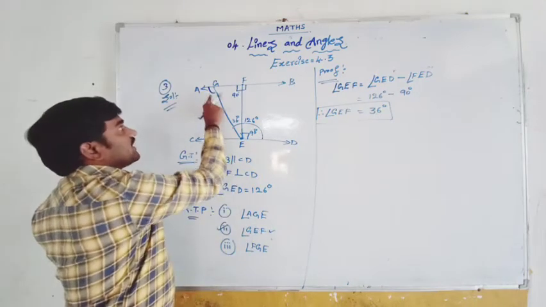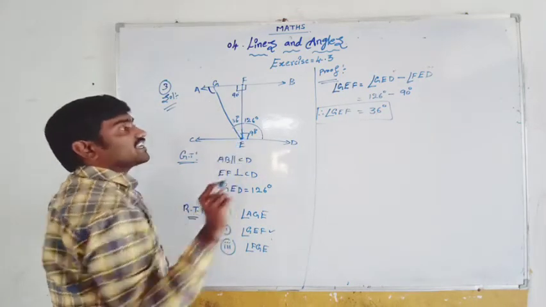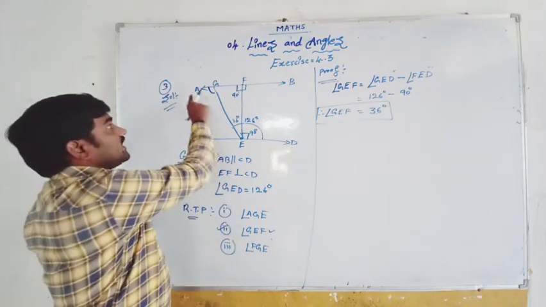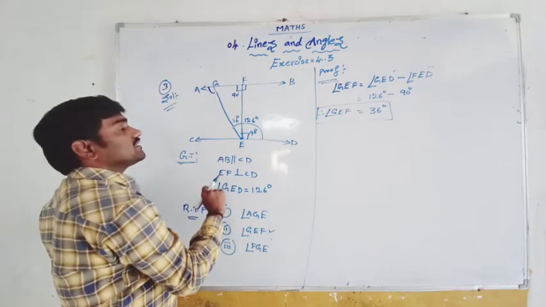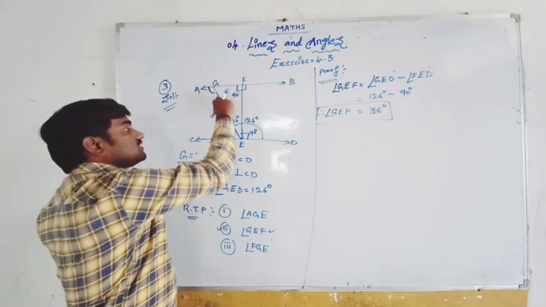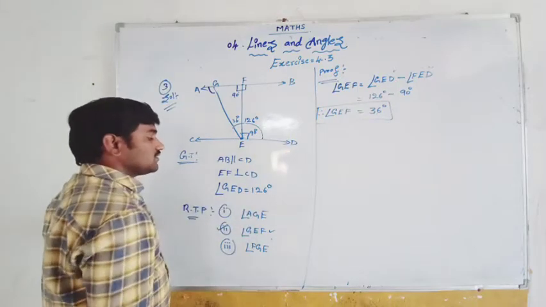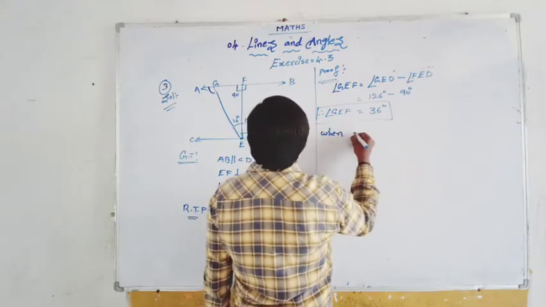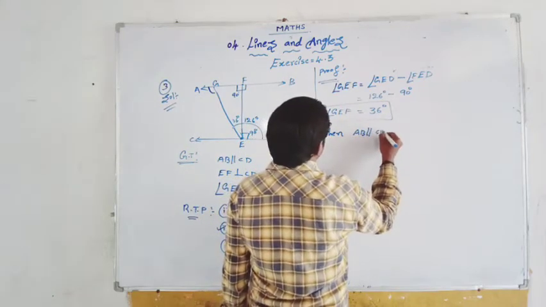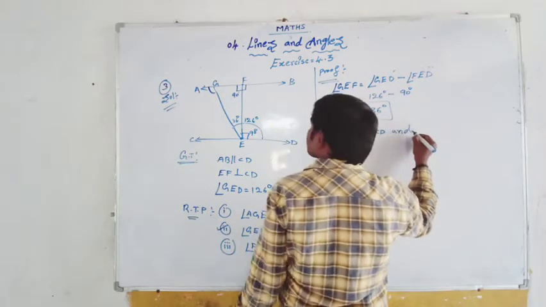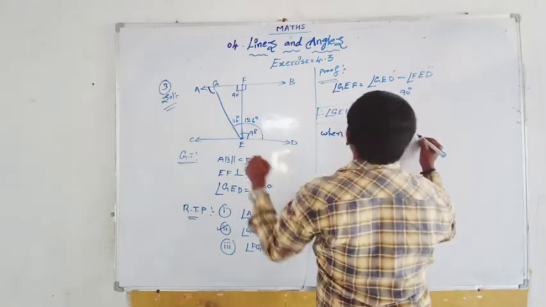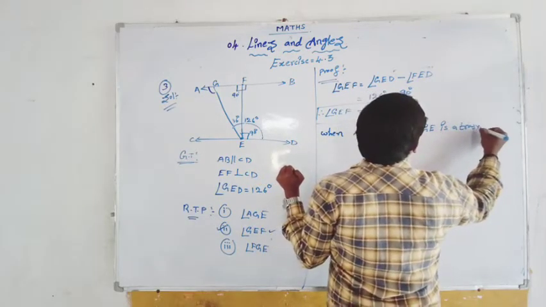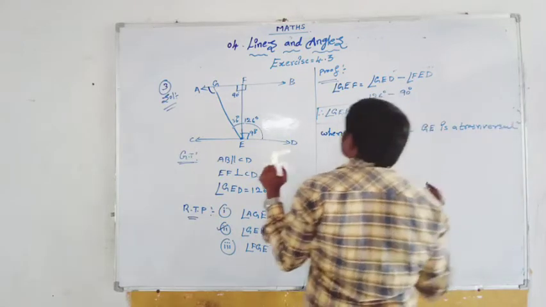AGE and GED are alternate angles. When AB is parallel to CD and GE is a transversal,